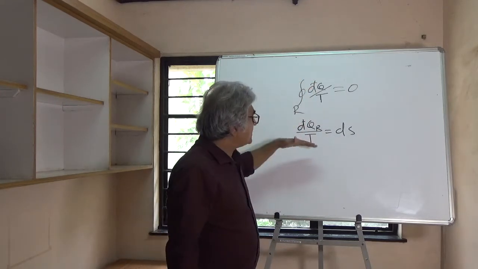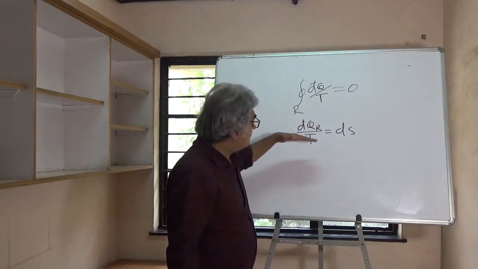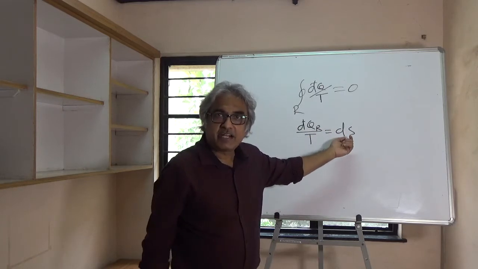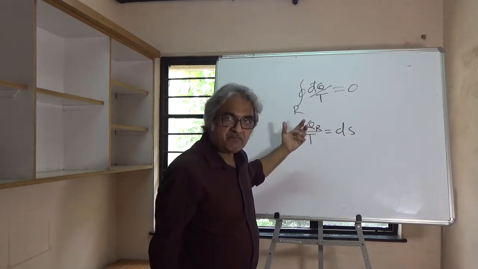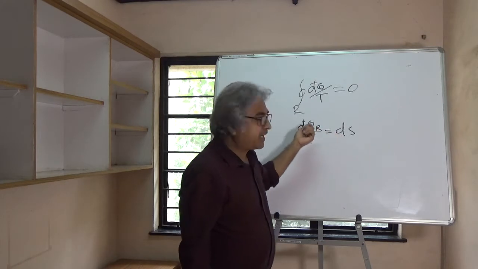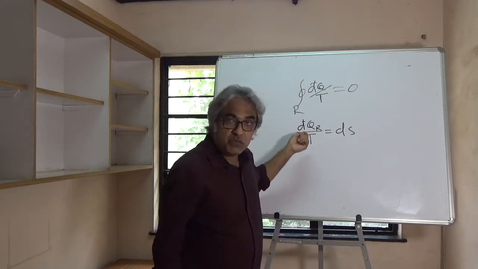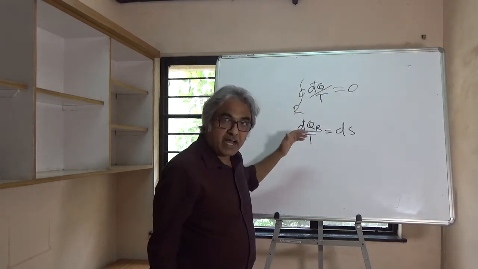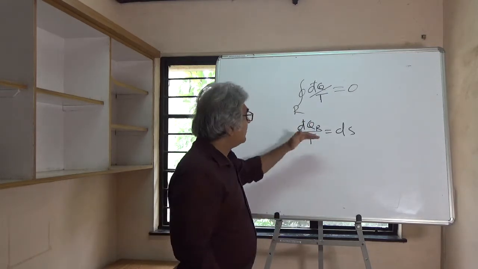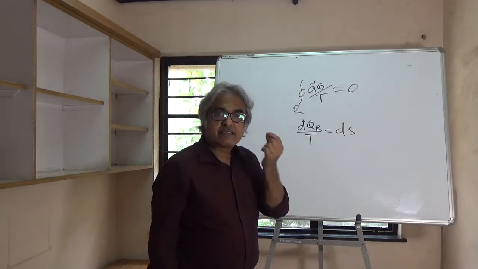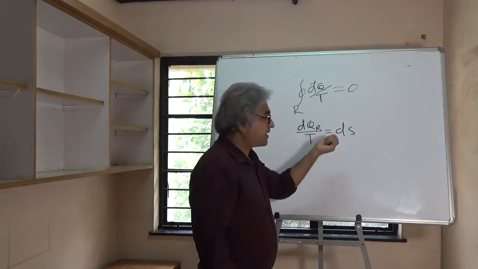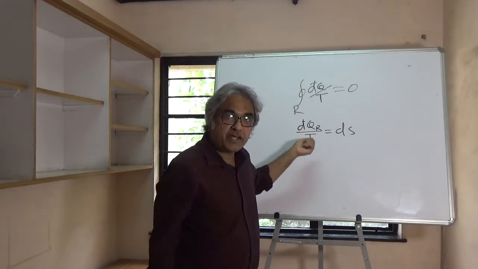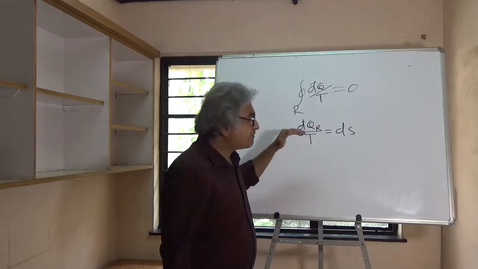theorem. From this, in the last video we came across this expression. So this is the expression for change in entropy. So change in entropy for a transfer of heat dQ, which is reversible, during a reversible process, upon the temperature at which heat is transferred, that is equal to dS, and dS is that small change in entropy associated with the heat transfer dQ for a reversible process. Okay, just pay attention to this.